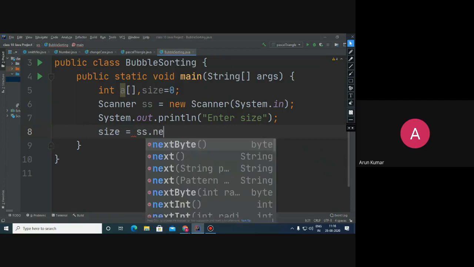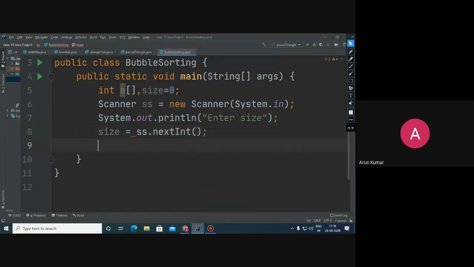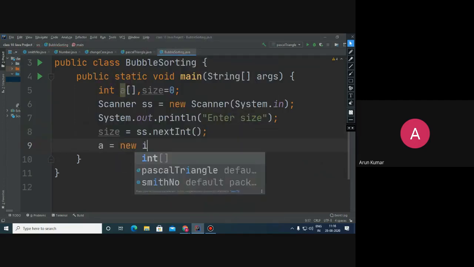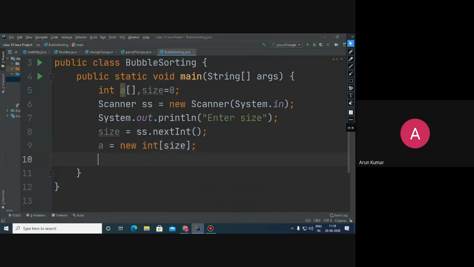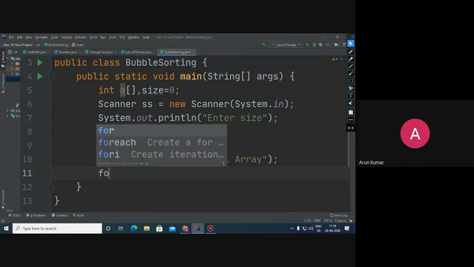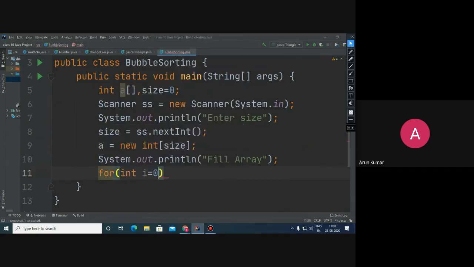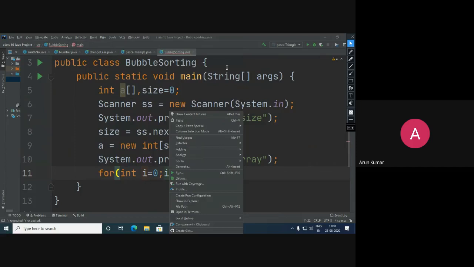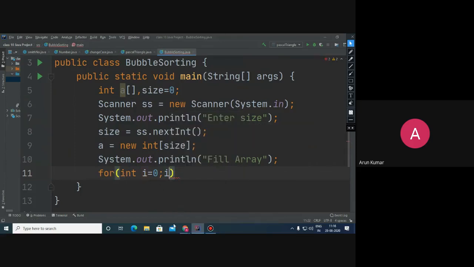Size is ss.nextInt, and a will be new int, and here fill the array. Fill the array that will go from 0 to less than size. And that is this one.